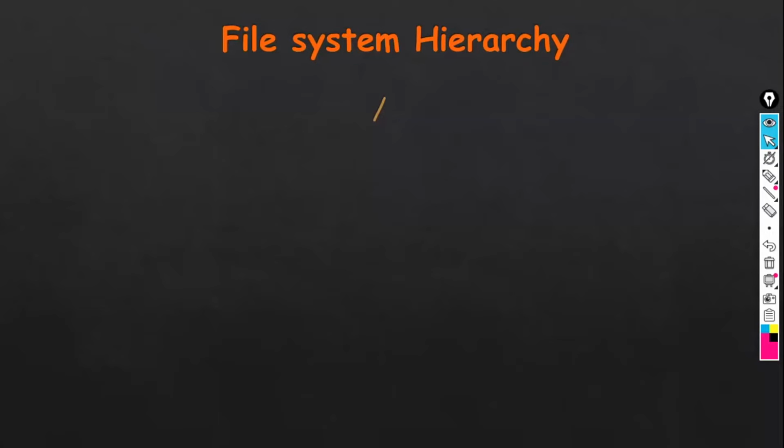In Linux, this forward slash is like the C drive in Windows. Once you install the Linux operating system in your machine, everything comes under this root directory only. Inside this root directory, it is divided into many subdirectories.